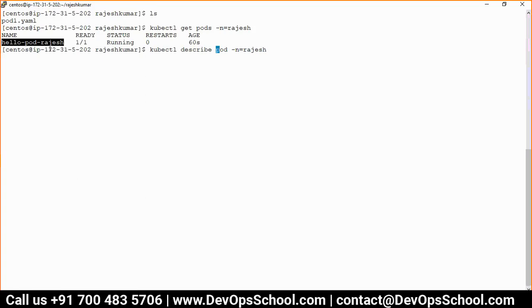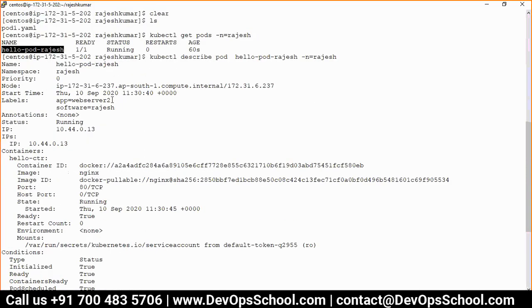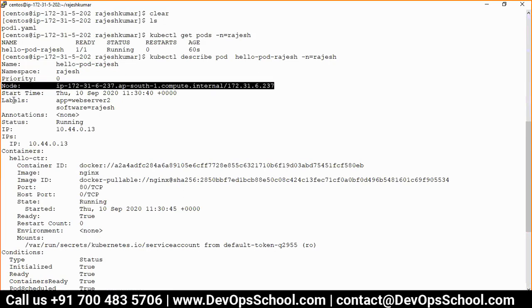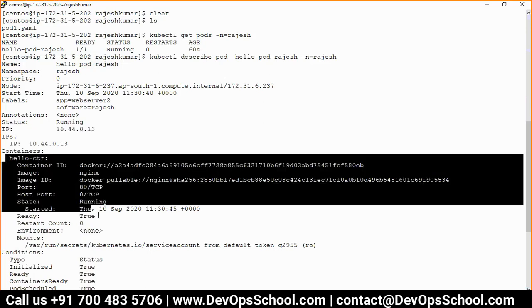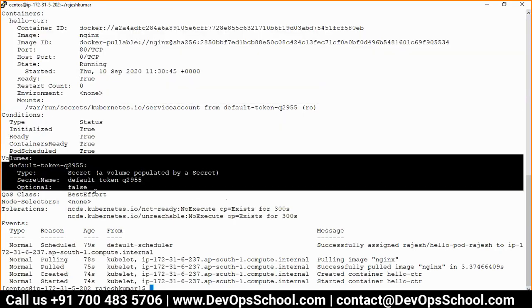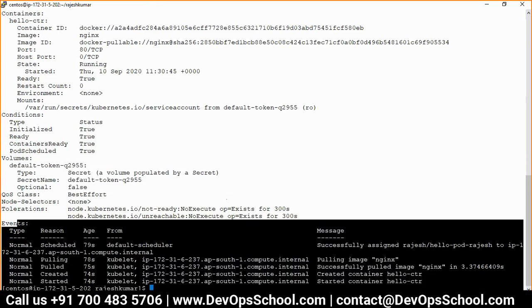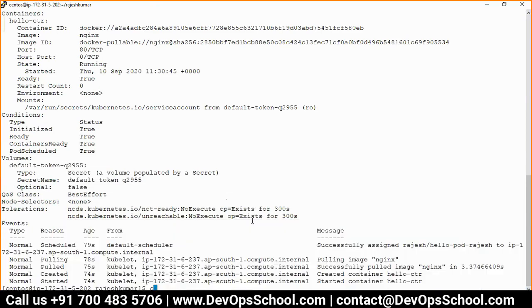So describe pod, but name of the pod is hello pod Rajesh. See here, look at this descriptions very well. You have a name, namespace, node, labels, IP address of pod, containers, conditions, volume, events. So many things are there in the pod. You have to check it out very carefully.